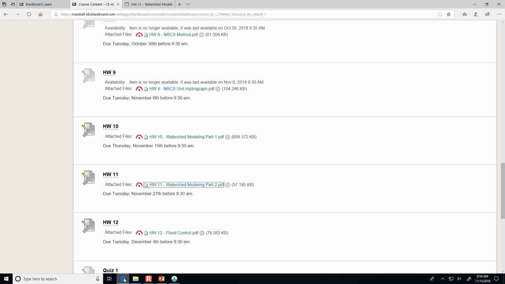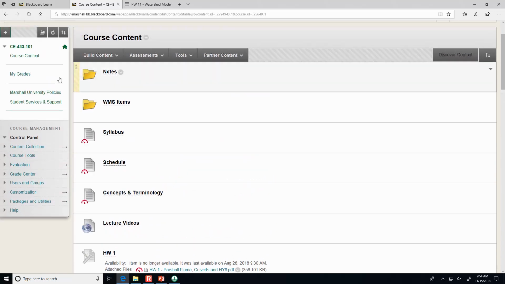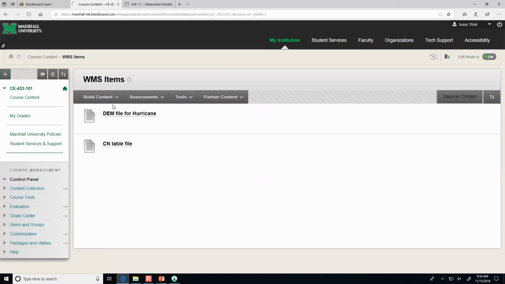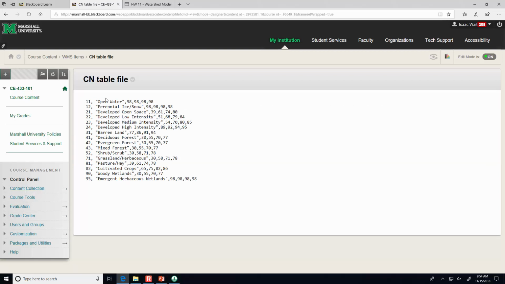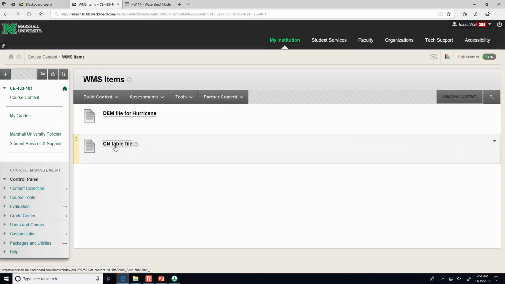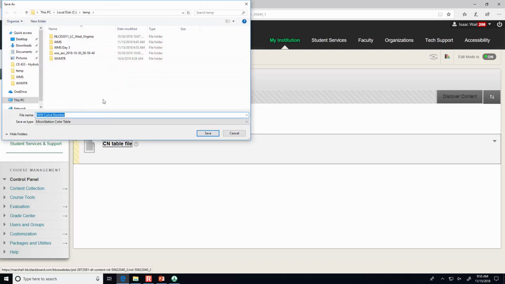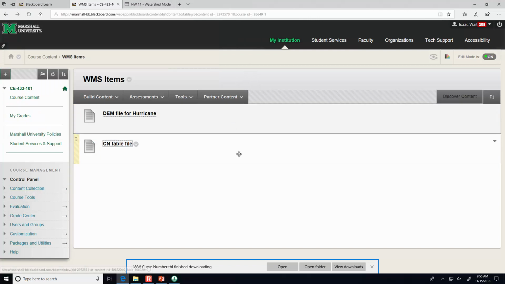If you go to MU Online, there's a folder here called WMS items, and you need to download something that's called the CN table file. If you just click on it, it's just going to display the text, but what you want to do is right-click on it and do Save Target As, and then browse to a location that you're going to be able to find. Here I'm putting it in my WMS Day 3. So that curve number table,